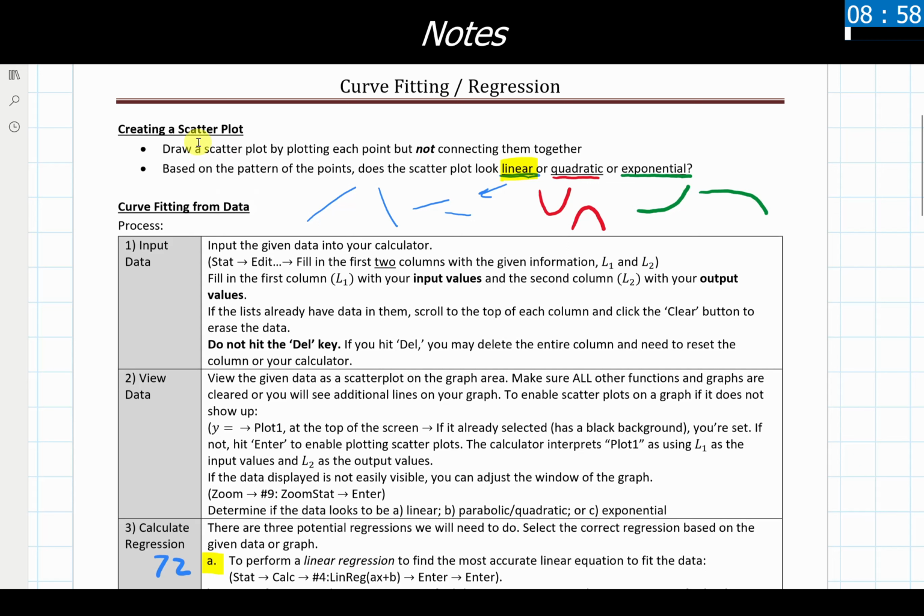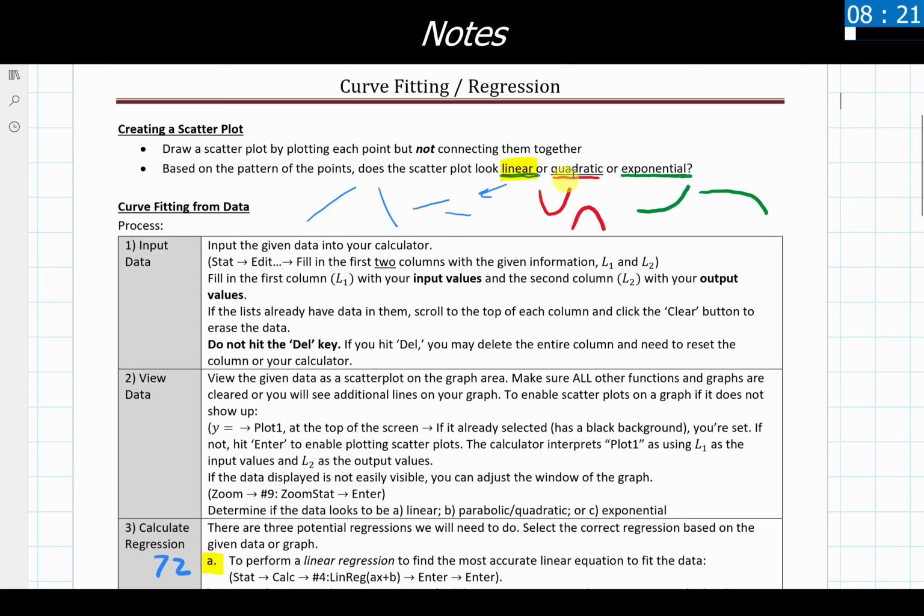Starting off with what a scatter plot is: just a graph where we put ordered pairs and plot those ordered pairs on that graph, but we do not connect them together like we've done in other videos. What we are looking for is to look at the data points, the random dots that will show up on a graph, and say, based on the pattern of the points, does it look like this data is more linear in nature? It's got a straight line going up, it's going down, it's maybe steep or shallow, doesn't really matter, but it looks more linear in nature.